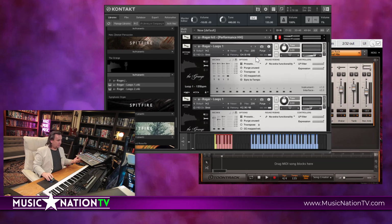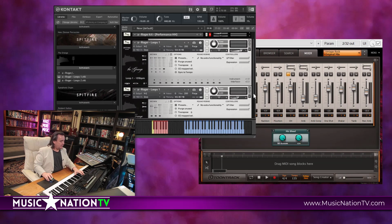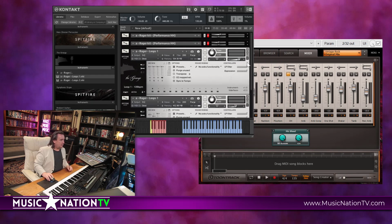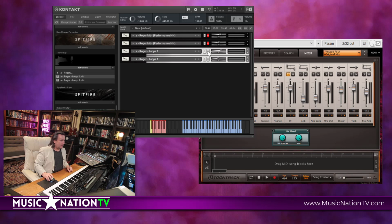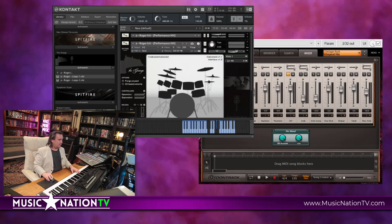Now the trick is to overlay these loops with your own playing. So let me just show you how I've done that. I'm just going to mute these loops here and open up that. So I'm back to just the sample library now, tracks, and I've pre-recorded in the background one of these loops. I'm just going to have it running. Okay,